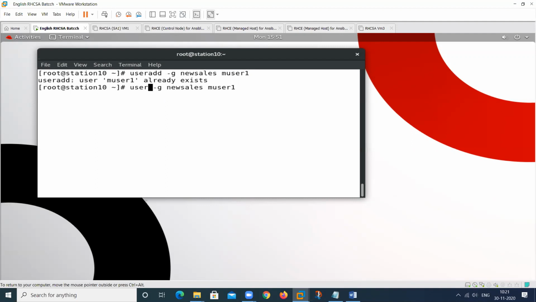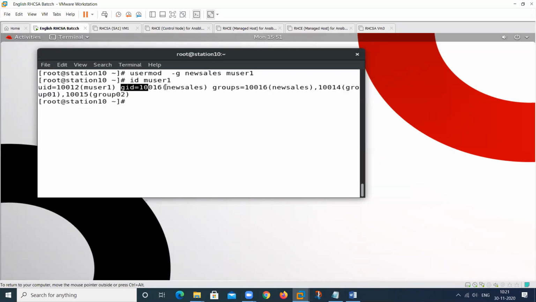Change the command here, that is the usermod command, this one. So now you can check id muser1. This part will be changed, see here, because this is the primary group information.